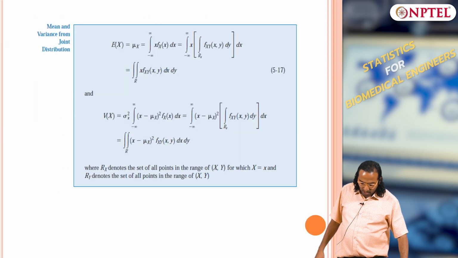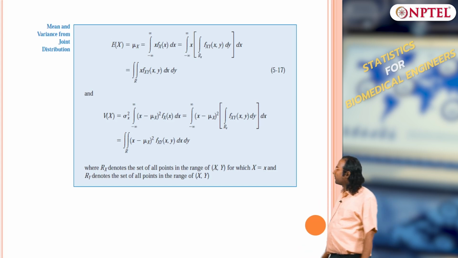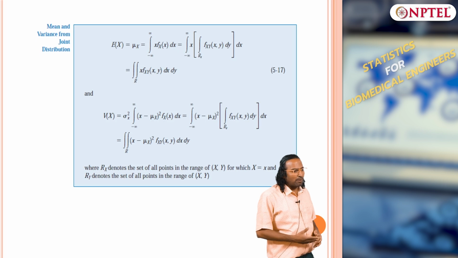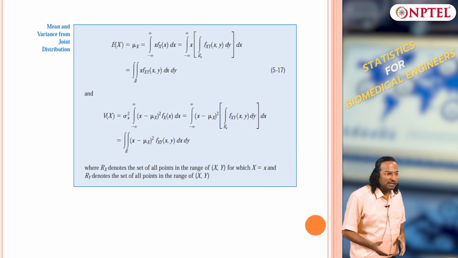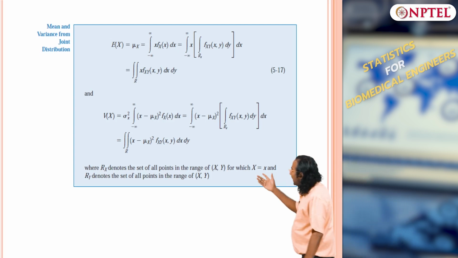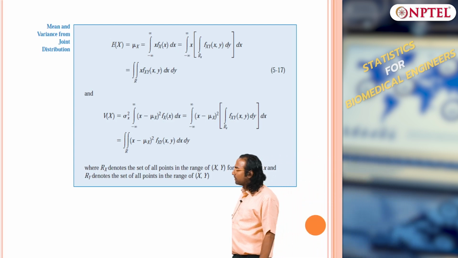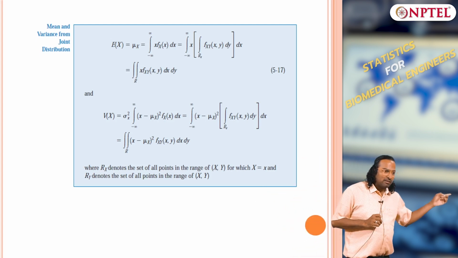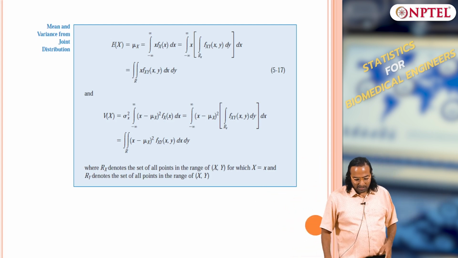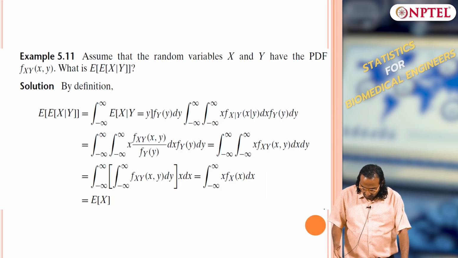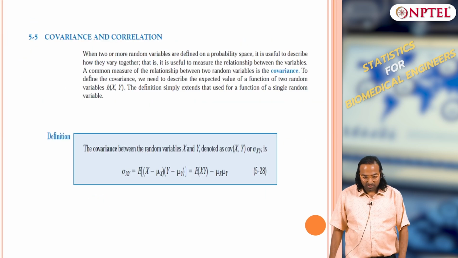So then what can we talk about? These are the definitions of mean and variance. You will now do a double integration instead of a single integration. When you want to compute for x, you will do a double integration, and similarly a double integration for variance, etc. Clear? Variance of x, these are nothing but marginals. I have given an example, let us not worry about this.